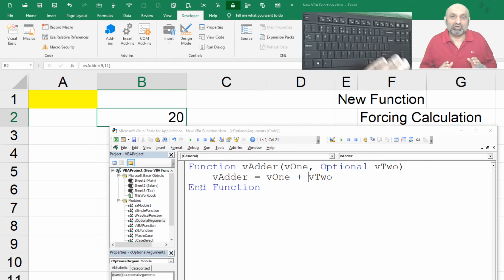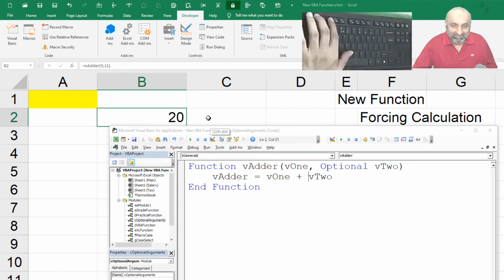This is how we enter the optional variable, but there is one catch. What is that? If I'm using some calculation on that variable, you see, initially I had vadder equal to v2, so whatever the value of v2 was got displayed, and if there was no v2, the answer was 0. But right now I am doing a calculation, v1 plus v2.